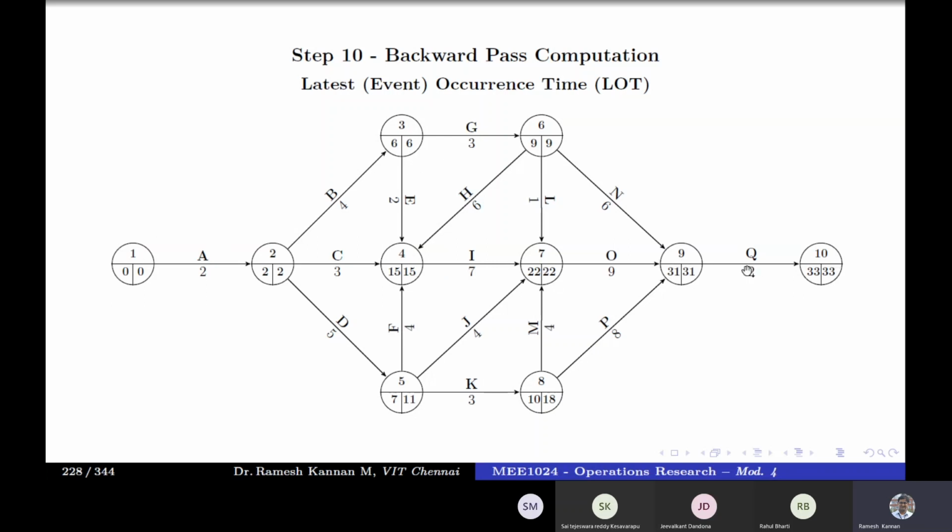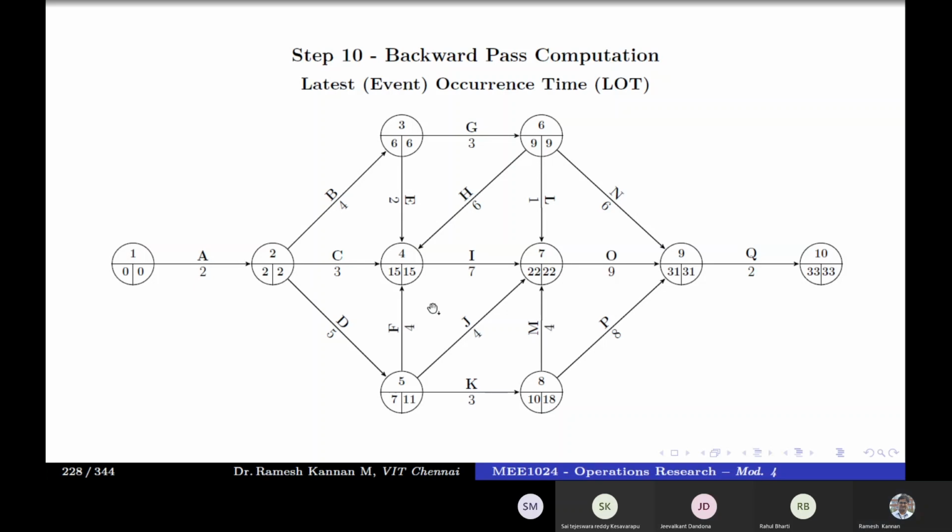So in order to exactly find out, we will be finding out the LFT and LST. Since we have found EST and EFT in the forward pass, if you find LFT, latest finish time, then LFT minus the duration will give us LST, latest start time. So by this procedure, we can find out all the activity times. So at the end of this backward pass computation of activity times, we'll have a comprehensive network with all the solutions. So once you solve the network, then the entire problem is over. Then it's all minor computations to find out what these implications are.